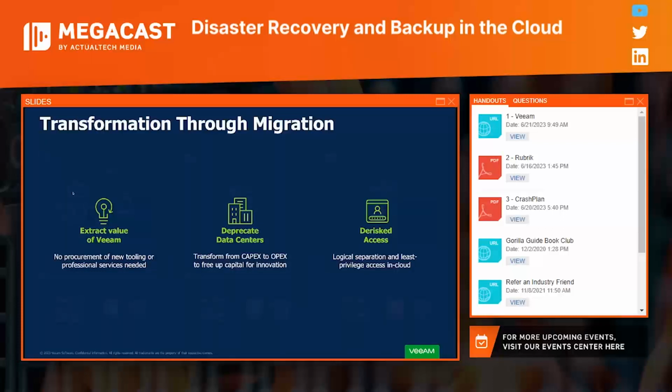And then this is the explanation around that production account and backup account. It's de-risking the access to backup data. You need logical separation in the public cloud. Do not put all production and backup data in a single account. If it becomes compromised, you're going to have nothing to recover from. Always make sure you have a dedicated backup account in AWS, a subscription in Azure, a project in Google, and make sure that you are backing up to that with least privilege access between the production account or accounts and that backup account.